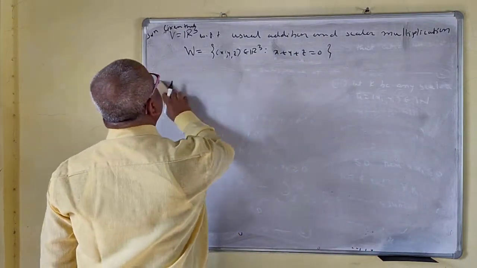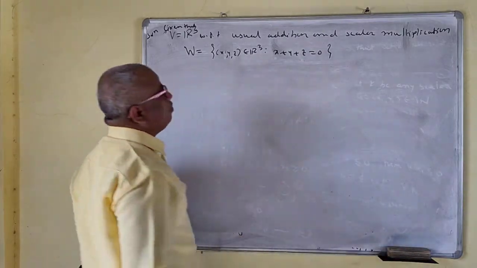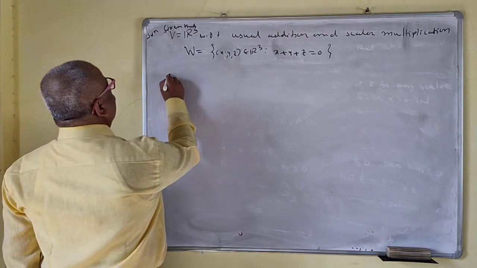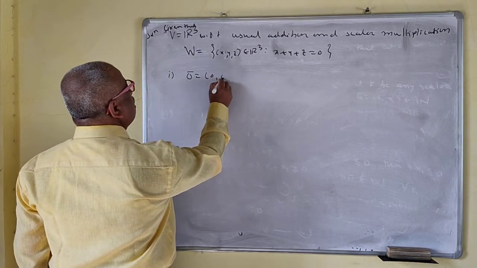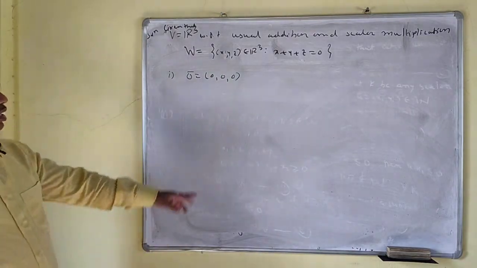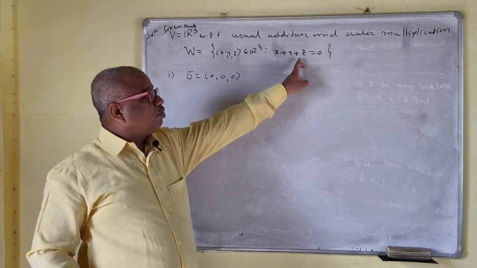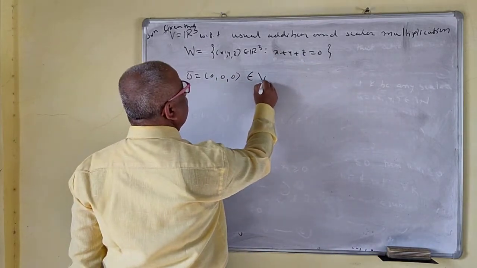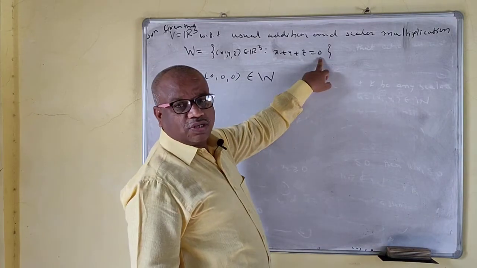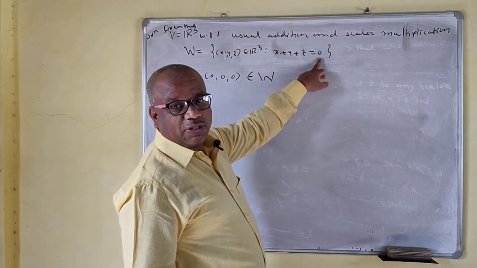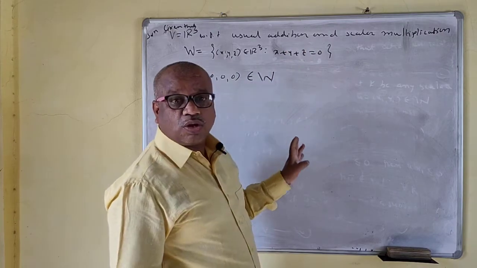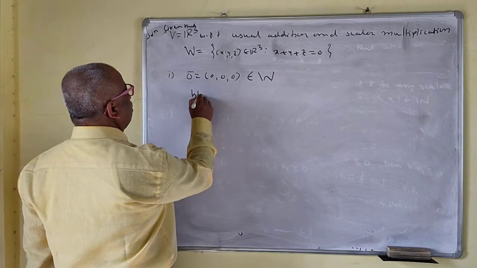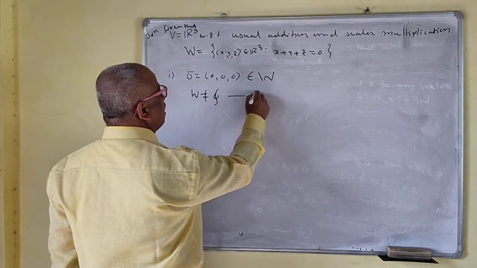Solution: given that V is equal to R3 is a vector space with respect to usual addition and scalar multiplication. W is this. So first one, 0 bar is usual 0. Now this is 0 plus 0 plus 0, so this 0 satisfies this condition. So this belongs to W. If some constant like 1 or 2 is there, then it will not be a subspace, because 0 does not belong to W. Therefore W is not empty. We call this as A now.